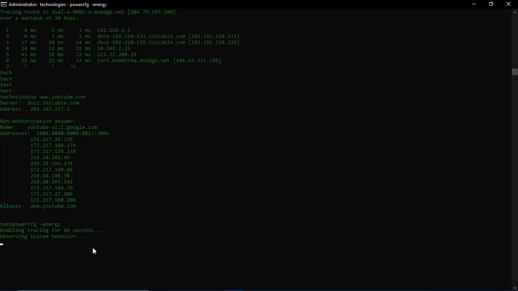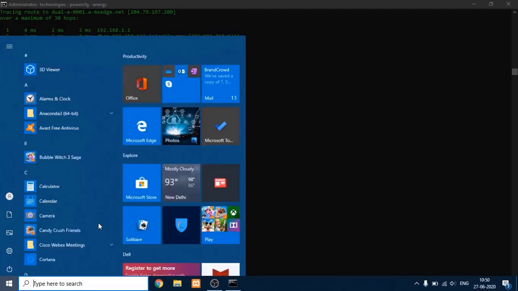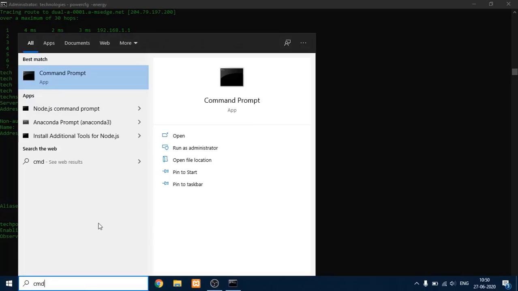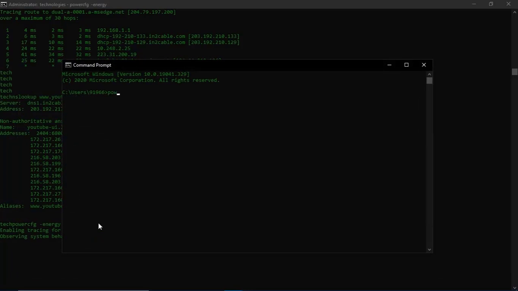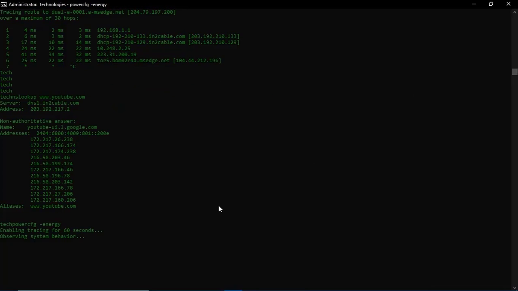As I told you in the beginning of this video, you have to open command prompt in administrator mode just because of this command. If you run this command as a normal user, it will ask for administrator privileges. Let me show you once. Here, give the command now. See, this command requires administrator privileges and must be executed from an elevated command prompt. This is the reason I told you to open the command prompt as administrator.